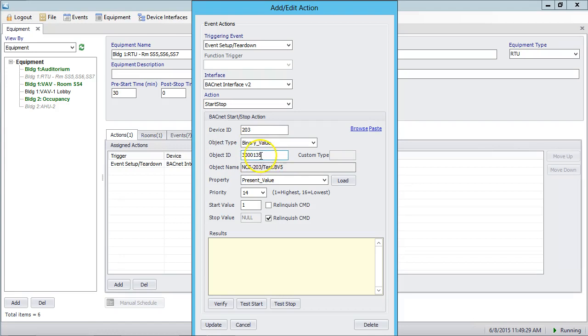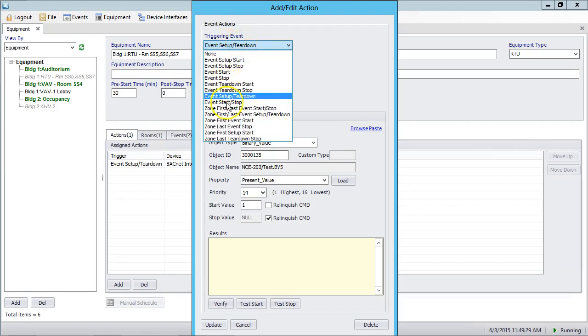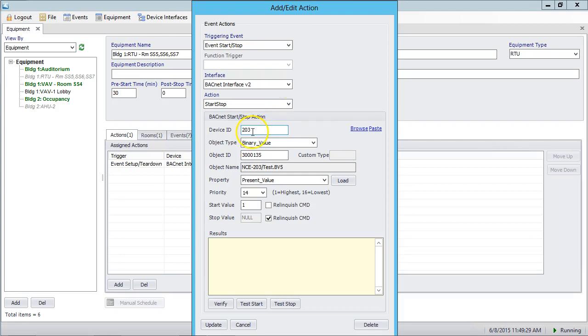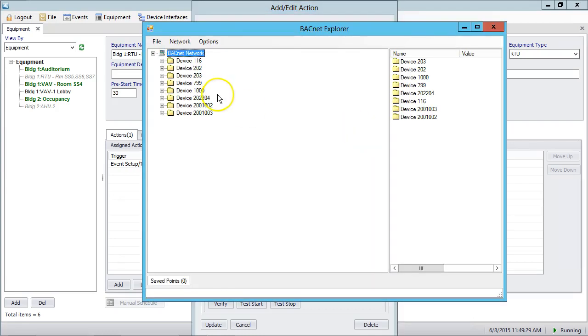and this was pointing to the VAV, so we're going to repoint it. We're going to go off the main event time instead of setup teardown. This will ignore the setup and teardown for the scheduled event. And we're going to go off the BACnet interface and the start stop, and we're going to browse